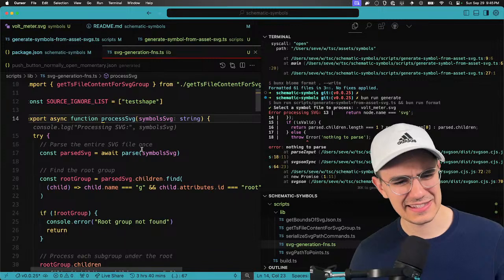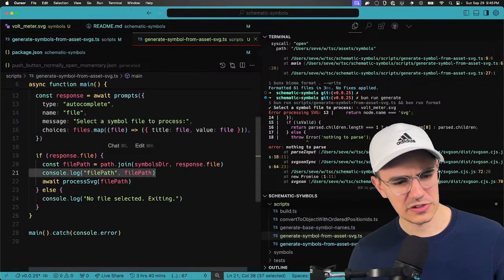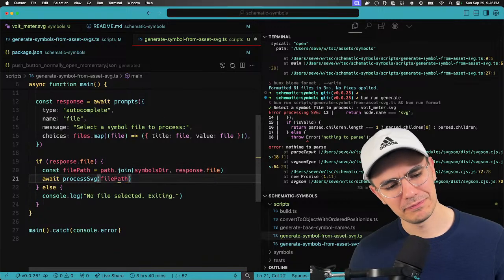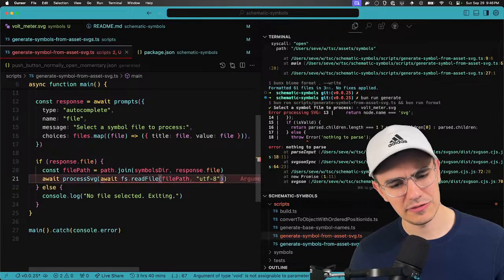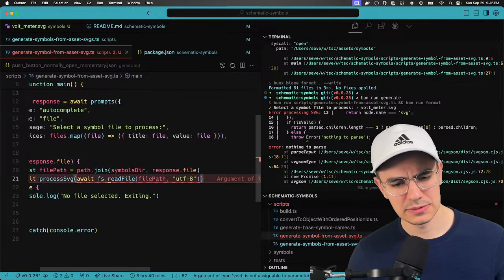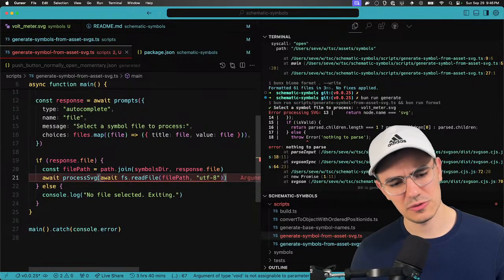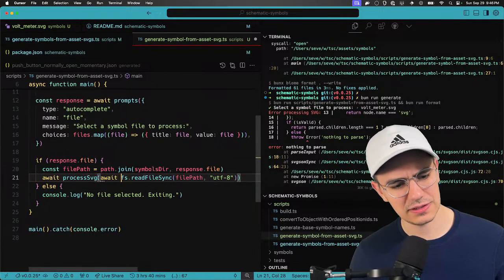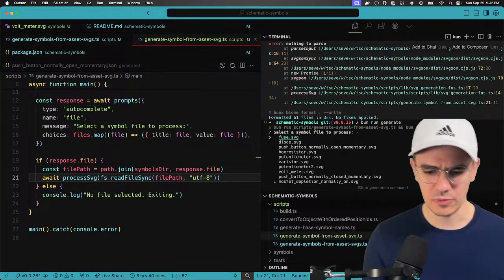Oh, this takes the content, not the file path. So we have to do, yeah, read file. Let's just be lazy. Read file sync. Okay. Let's try that. And then we will select our type